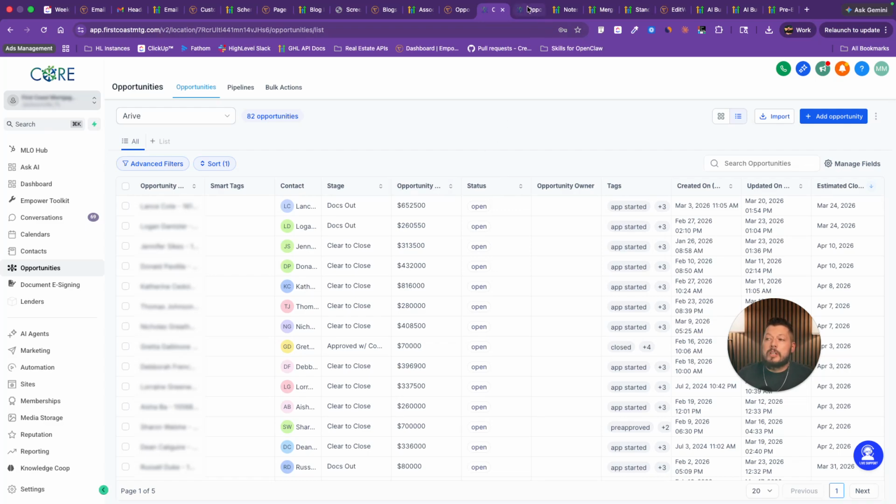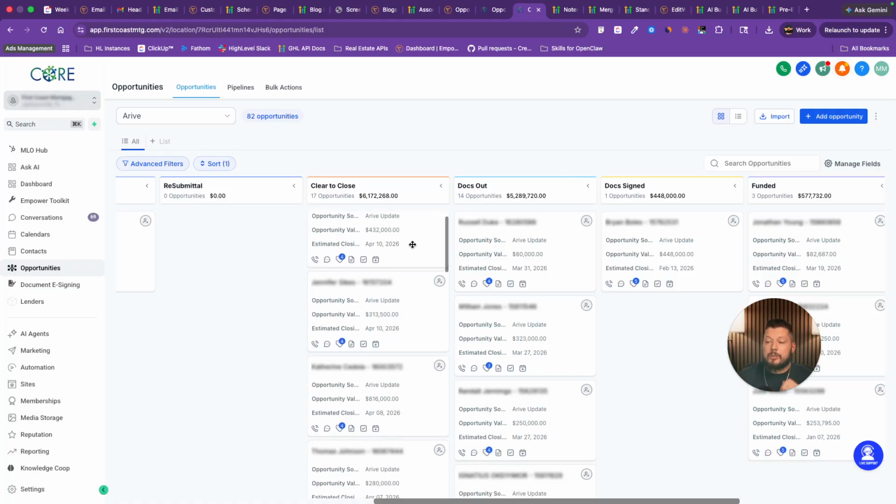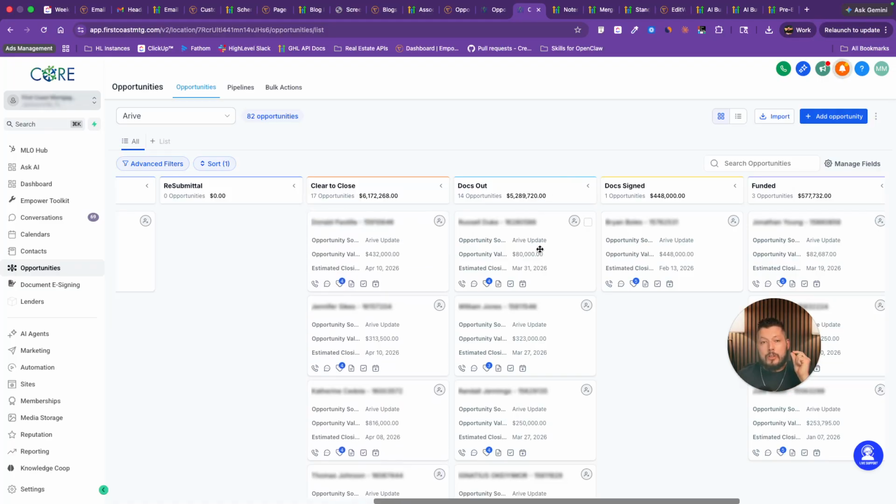But now you could do this by custom fields, which means if you have an opportunity pipeline that represents closed loans and refi opportunities, you could sort by interest rate, for an example. One thing, my example here is using this as your loan pipeline in Arrive. If you have your loan pipeline in Arrive, being able to come in here and sort by closing date so that you can go into any pipeline stage and you can see the ones that have the soonest closing date